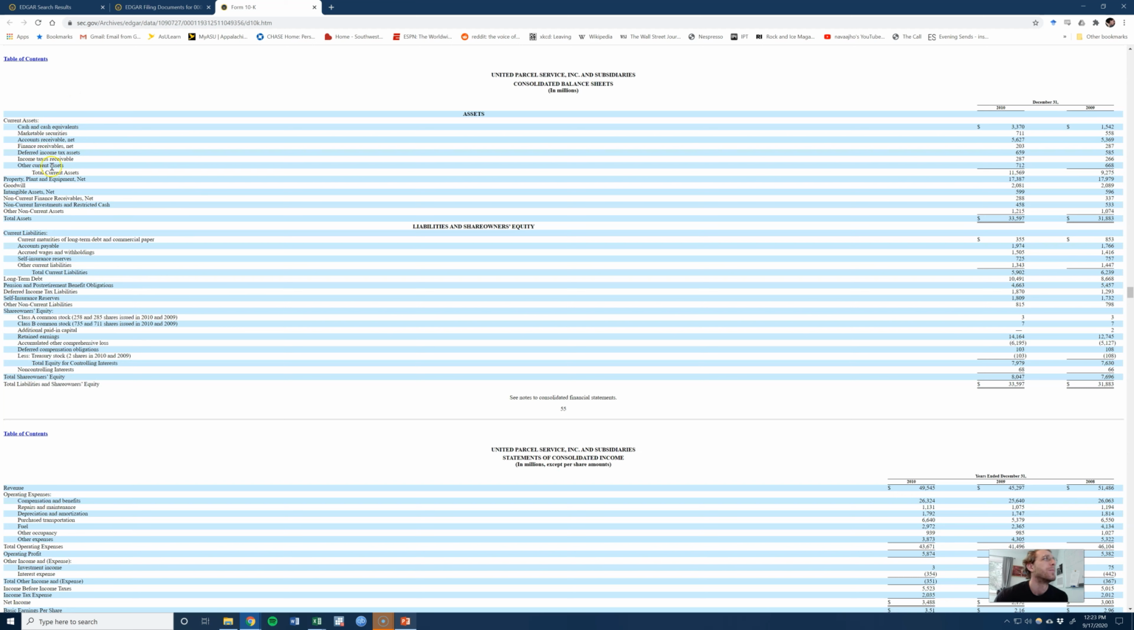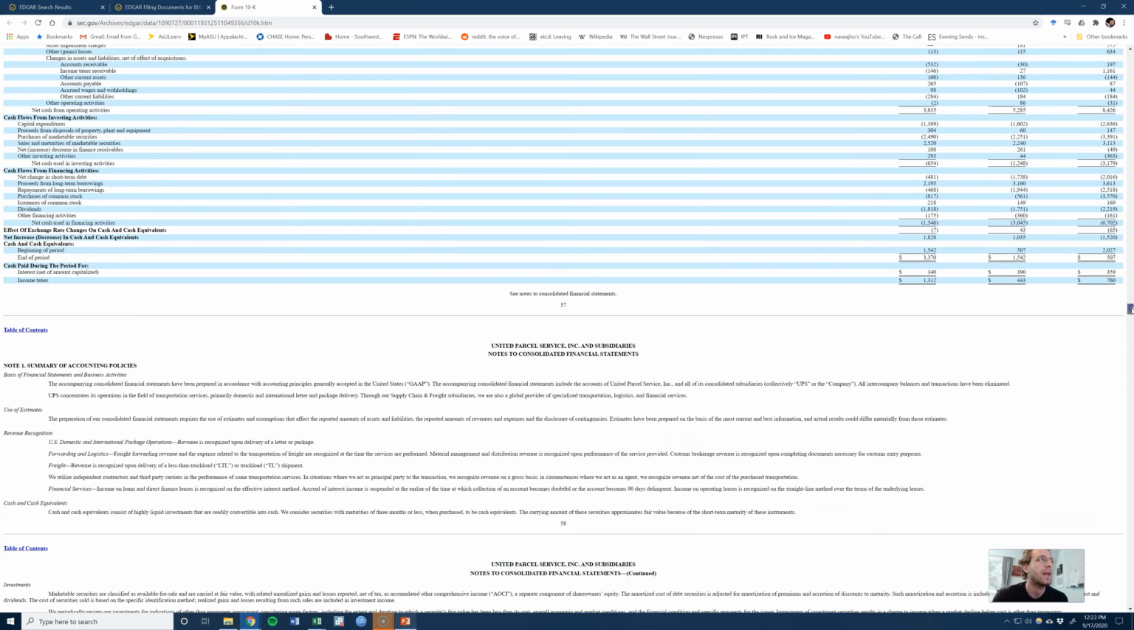In other words, they list property, plant, and equipment net here, and they give us a total. It's $17 billion in 2010. But there's a table down lower, a note attached to this that's going to break down property, plant, and equipment so that we have a better idea of what makes that up. So how many trucks do they have? How many planes do they have? So if we go down to that footnote for PP&E,